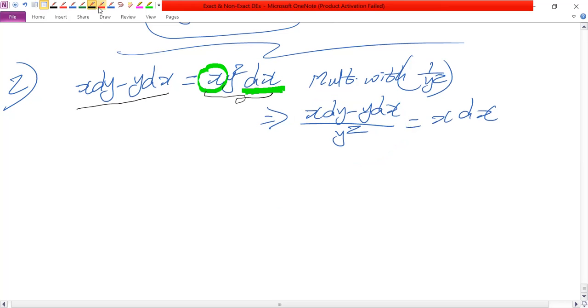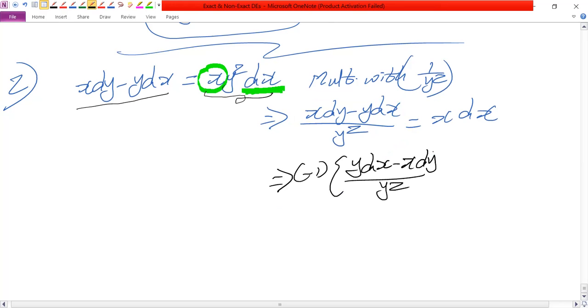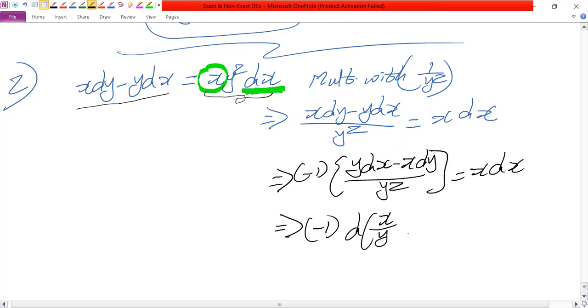x dy minus y dx by x square. But here there is y square, then what should we do here? What I am going to do is, I am taking minus 1 common. If I take minus 1 common, y dx minus x dy by y square. Now check the LHS part, it looks like our format. So we can write it as minus 1 into d of x by y is equals to x